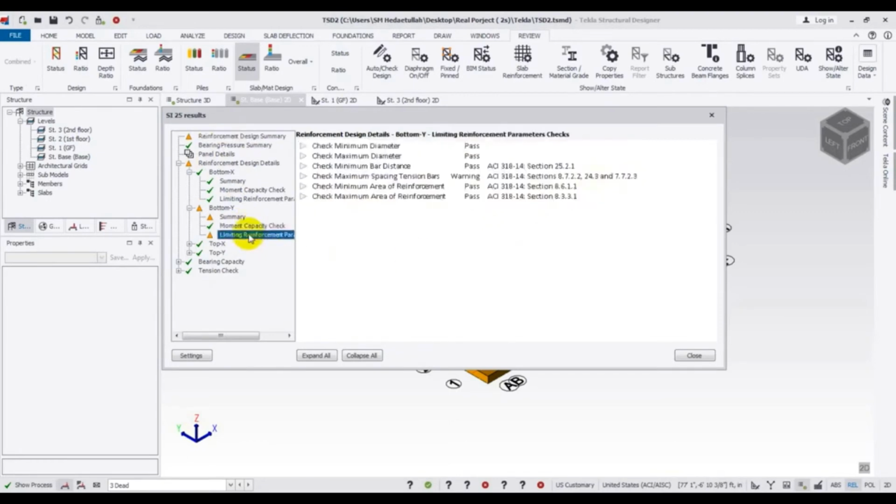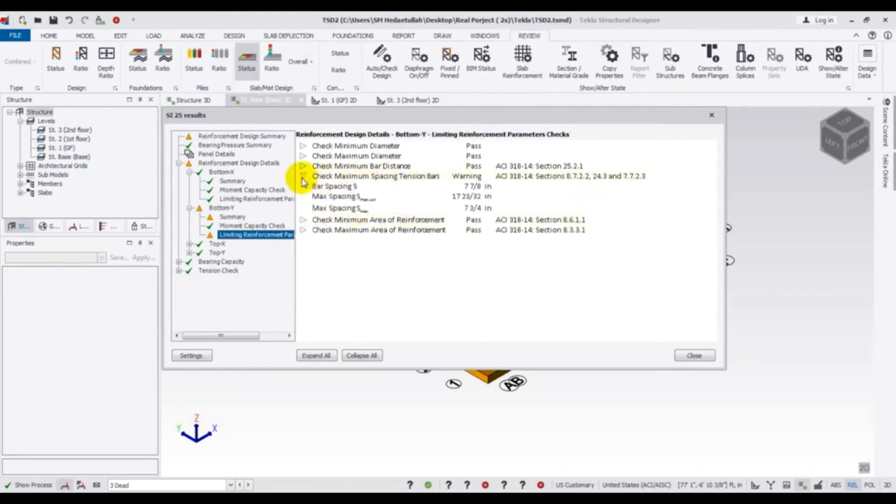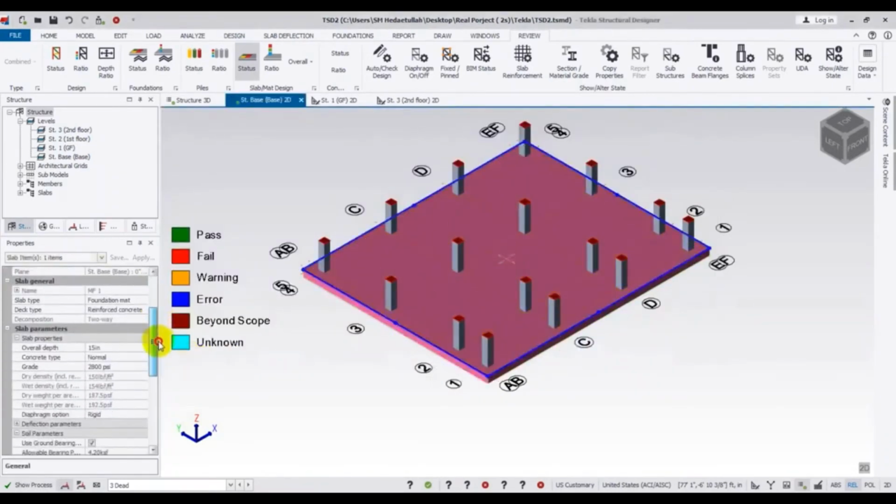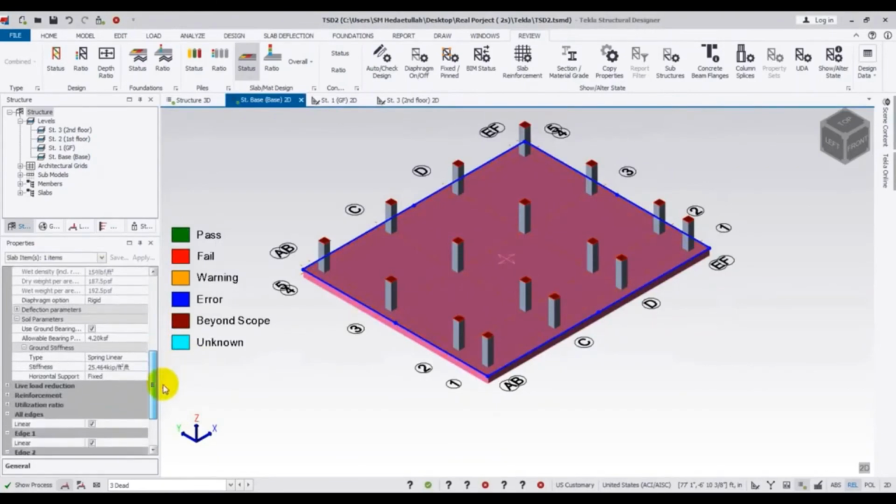Okay, from here we can see that it's showing us a warning. If we see here, the bar spacing is 7 inch and the maximum spacing here is 7. So bar spacing here, maximum spacing, 17 plus 23 divided by 32. Okay, so I'll just close that and select that, and from here I'll go